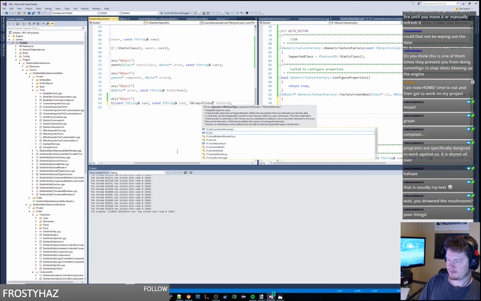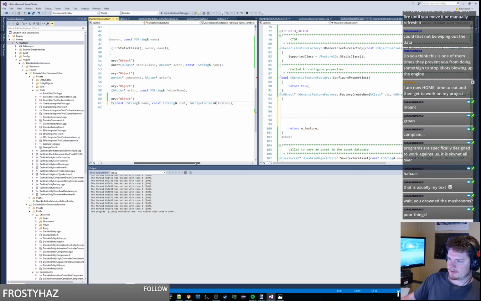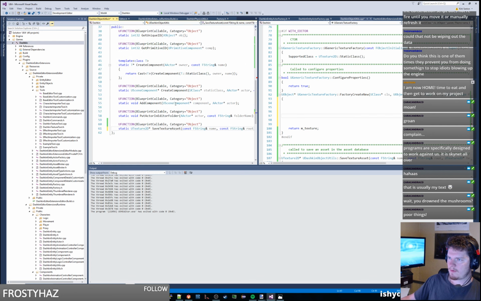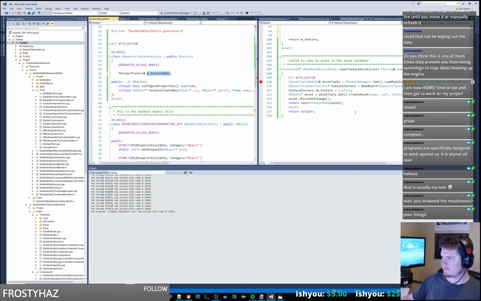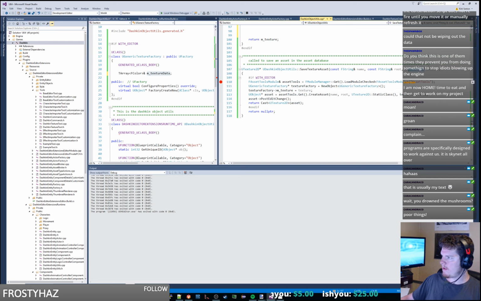T-array of F color. We'll call it the texture. And this one's just going to be a T-array of F color reference, texture data. So okay, texture data. I'll create an asset on this thing. And